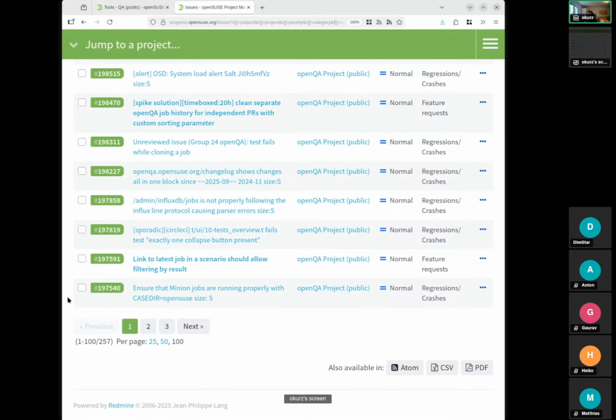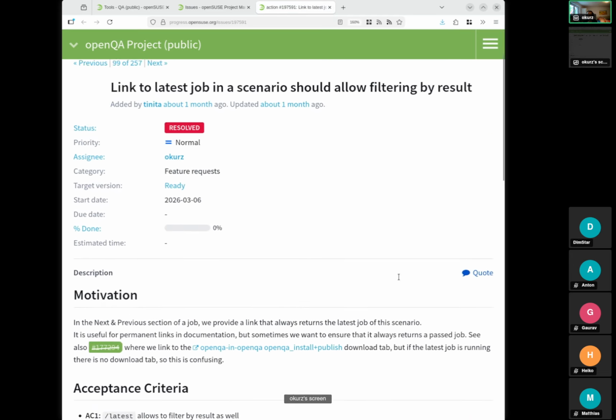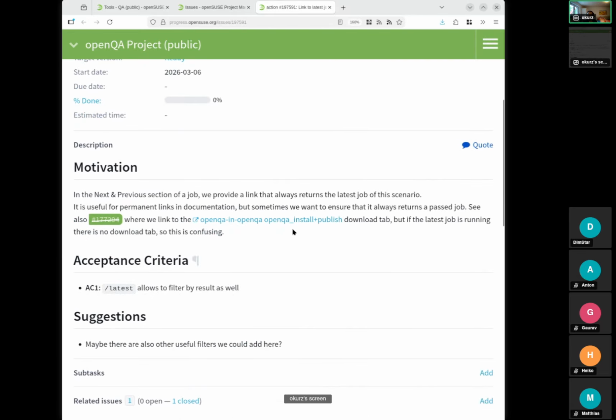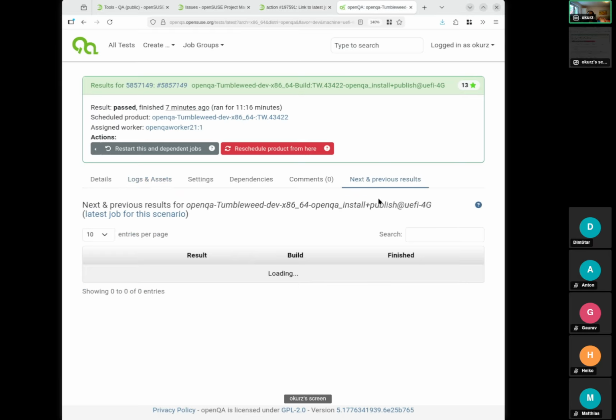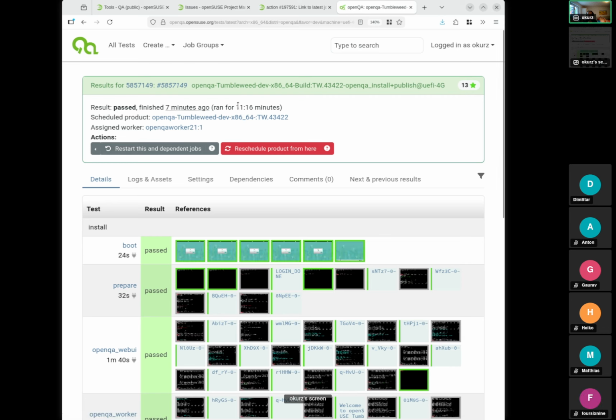And then, on a similar story, link to latest job initiator should allow filtering by result. That is also related. So what we found is that in openQA we also had the same problem, and there was actually one feature missing: in the latest we couldn't distinguish those scenarios. So also there it was intermixed, and this link to latest didn't exactly show that. And we wanted to combine that to filter by result, so that we can say, show